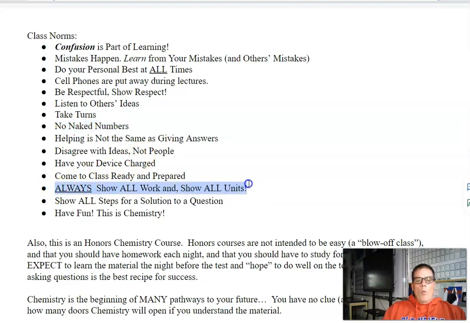And when I say always show all your work and all your units, what I'm saying is I want to see not only the math, because this is kind of a math class that's a science class, it's chemistry. I want to see not only the work, but I want you to show me the units. Like if we're talking about grams being converted into moles and then converting those moles into, say, molarity, I've got to see the units. I've got to see your process of how you're getting there. It's not, what do I type in on the calculator? Here's my number. I don't care about answers. I care about the process. The answer is nice, but again, the process is much better.